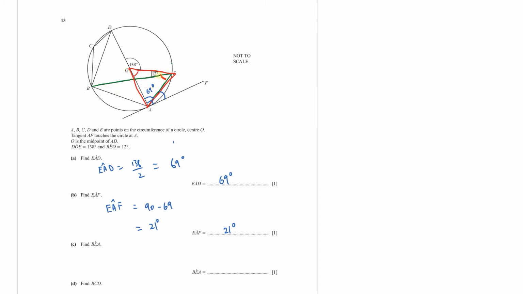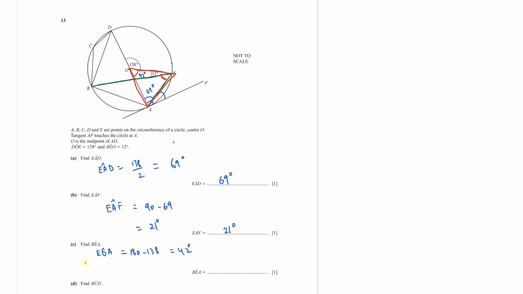So I'm going to use this triangle. Let me first find angle EOA. Angle EOA is 180 minus 138, which is 42 degrees. So this is 42. Now I can use the property that the sum of all the interior angles of a